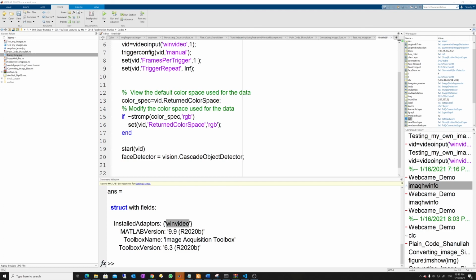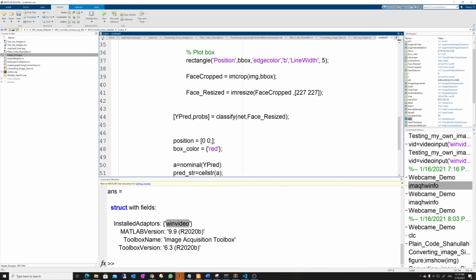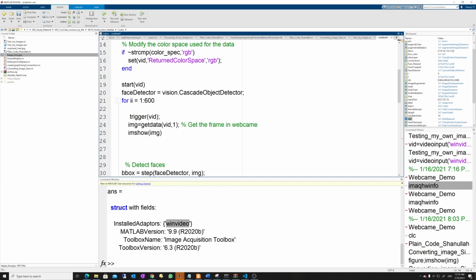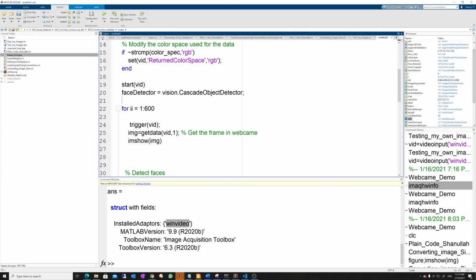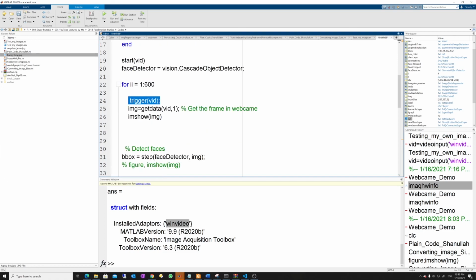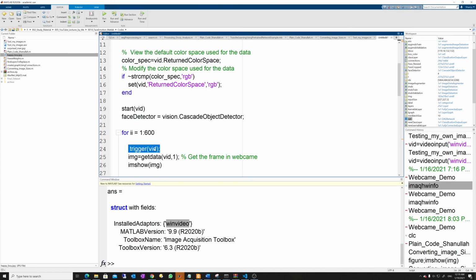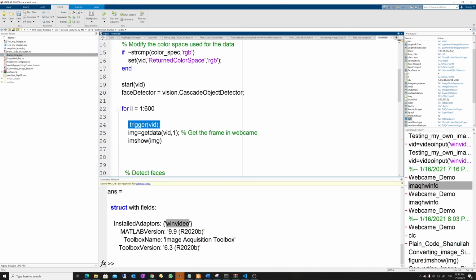There are multiple options. One thing you can do is a while loop, but I have just copied this. After this face detector, I'm having a loop till 600 seconds, and then I'm doing trigger. I'm just triggering. Why? Because I've selected trigger into vid, and after each trigger, I'm just resetting my webcam,